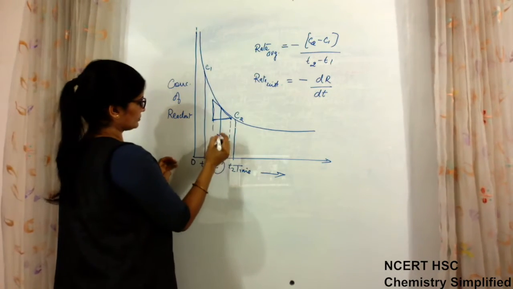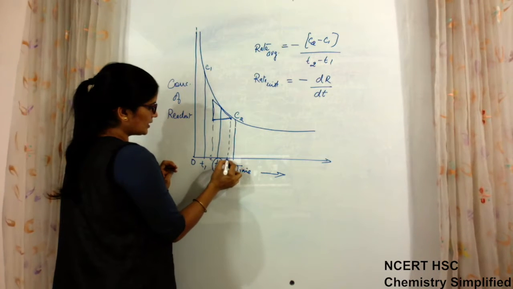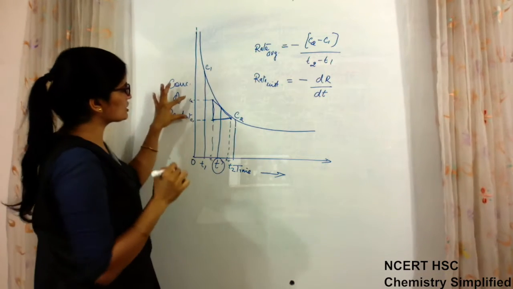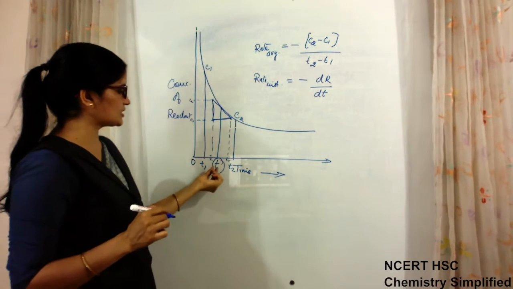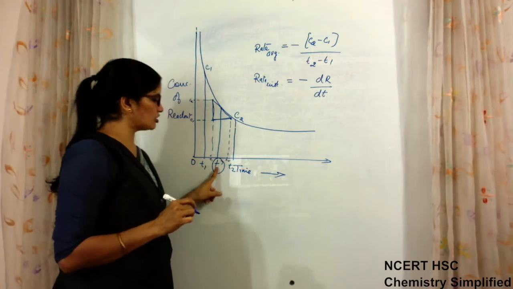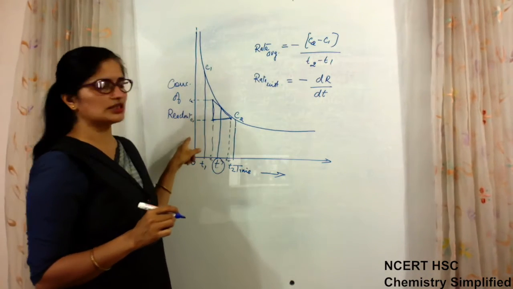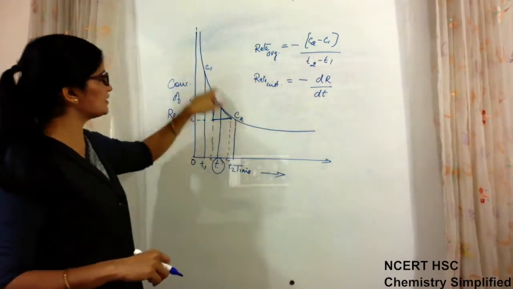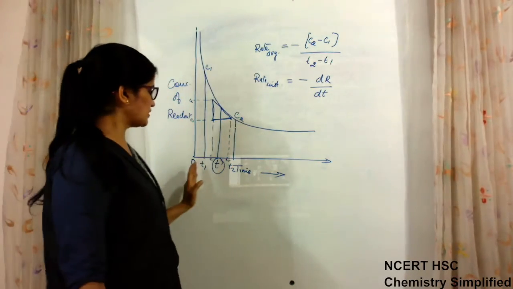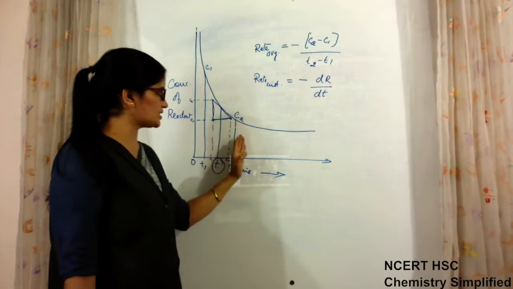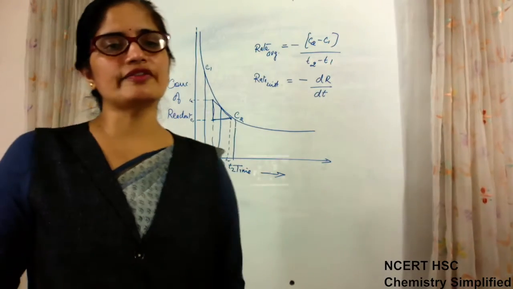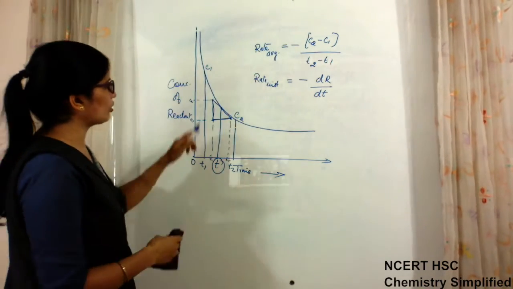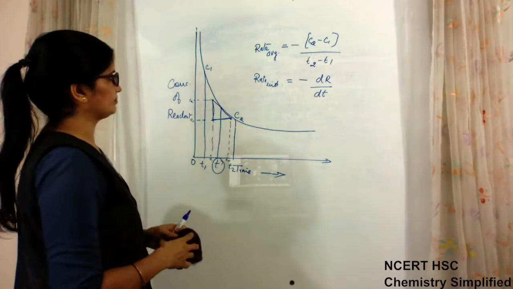Similarly, this will be T1 and T2, and this will be C2 and C1, for a small fraction of the time, which is time T. So for calculation of the instantaneous rate also we require T1, T2 and C1, C2, but that will be for a very small fraction of the whole reaction, whereas for the average rate, C1 and C2 are for the whole duration, from just after the beginning, T1, to just near the finishing, T2. This is the difference between the two. Clear? So when we find it graphically, we want the values of these two points in the graph.